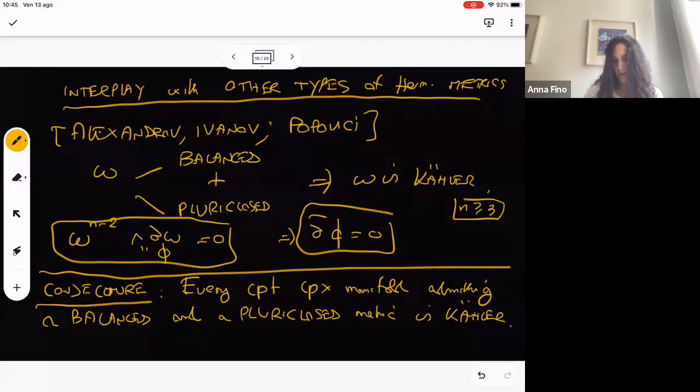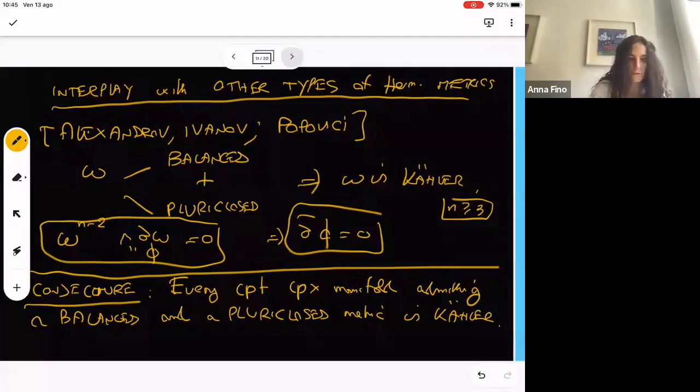And the curious thing is it's still open. This conjecture is completely open. And of course, it makes sense again for n bigger than or equal to 3. And we know that the conjecture is true more or less for all the known, at the moment, complex manifolds. It is true,